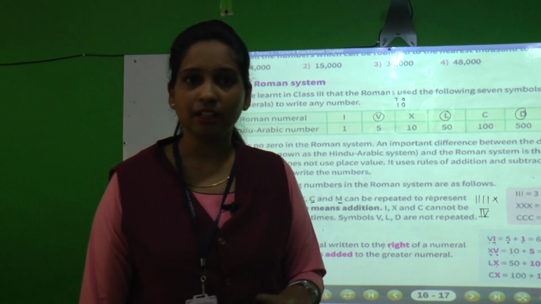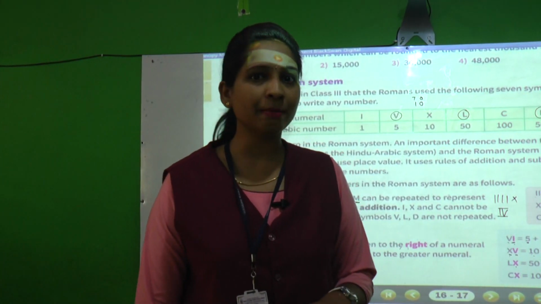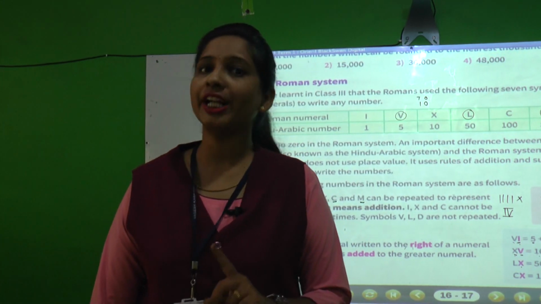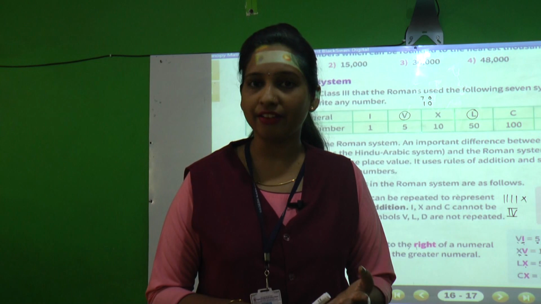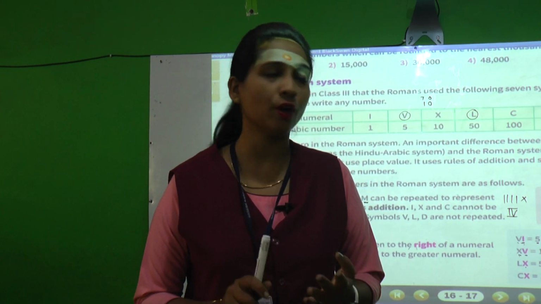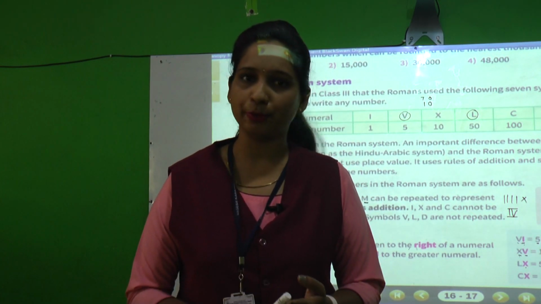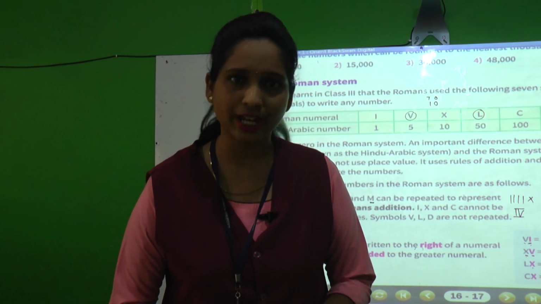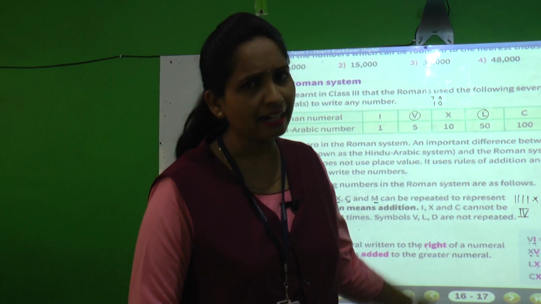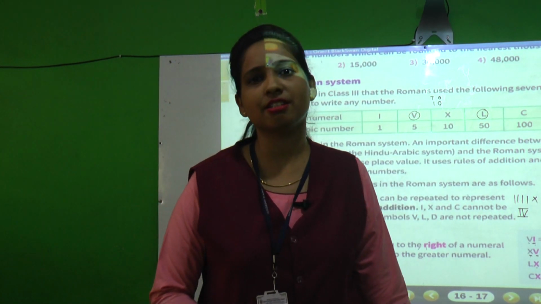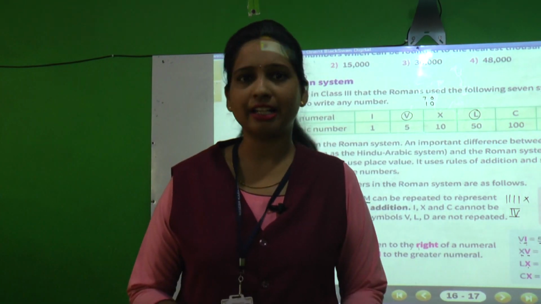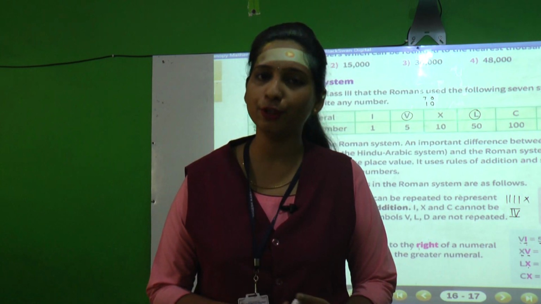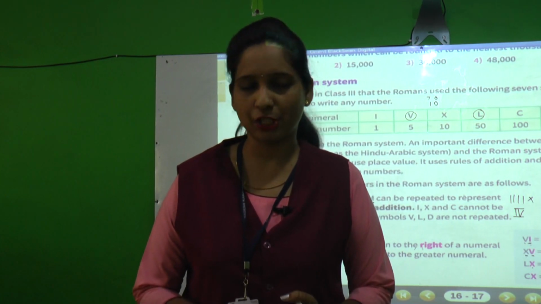Today your home assignment is exercise 1.9, questions C, D, E, F. You have to solve them by your own in the rough book. Practice today itself, and just try to read the Roman number system, whatever I taught just now, on page number 17. Remaining rules number 3 and 4 we will see in our next session.